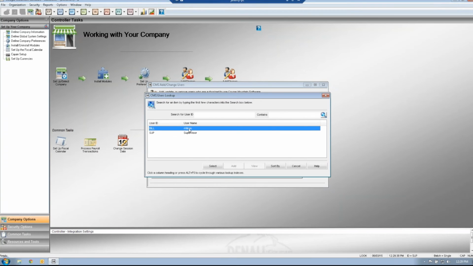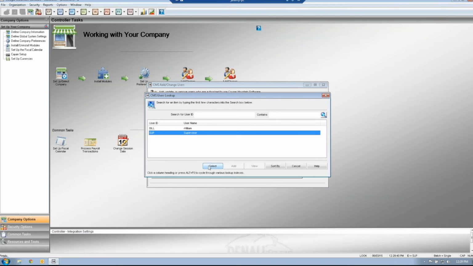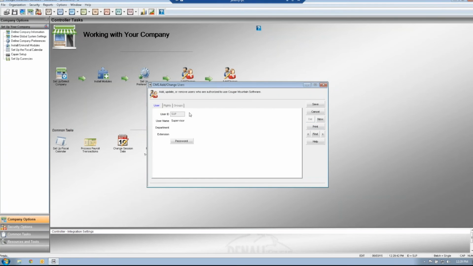We cannot use the supervisor user itself because the supervisor cannot be modified. The rights to supervisor you can't change. So we have to pick another user that we've set up. In our demo company, we've got Bill set up where we can actually go in and change the user rights. Because even though we've allowed unbalanced transactions,